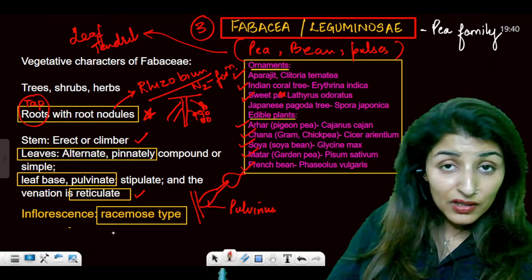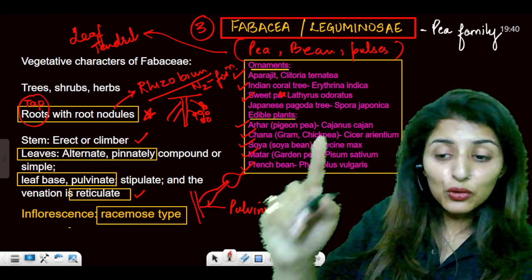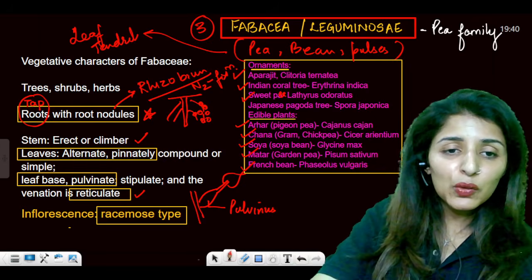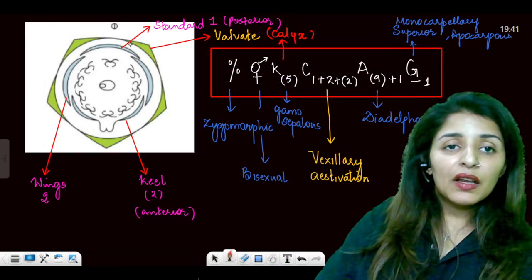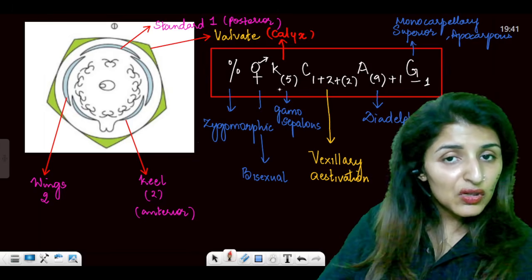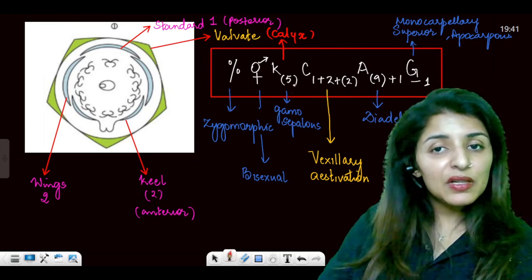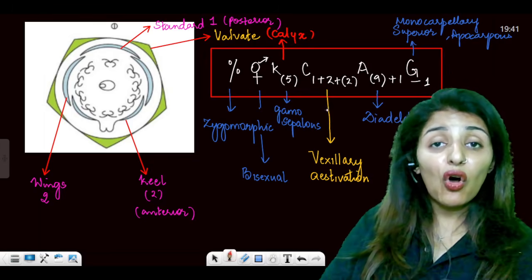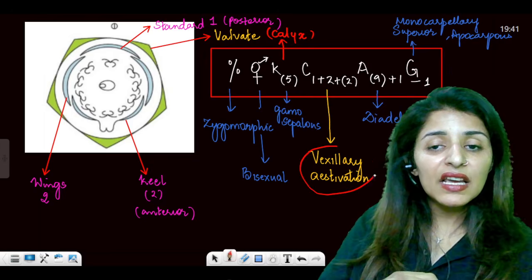Now the type of inflorescence here is racemose. That means the tip will continue to grow and the new leaves will be found on the top and the older ones are towards the bottom. Is that clear? Similarly for the flowers as well. Now moving on to the floral formula here. See, it has zygomorphic symmetry. Now bisexual flower, gamosepalous condition, and how many sepals? Five. They are fused. Now, typical and characteristic feature of Fabaceae family is that the petals show vexillary estivation.